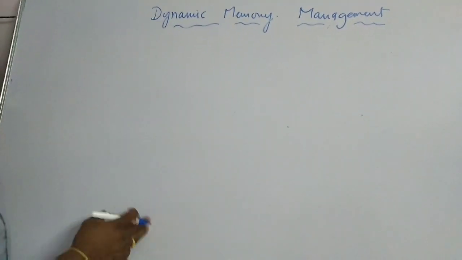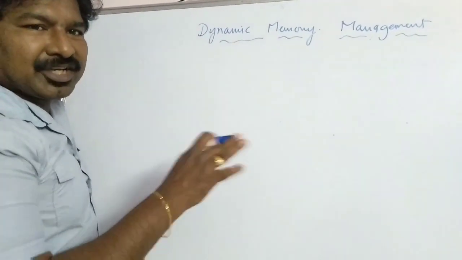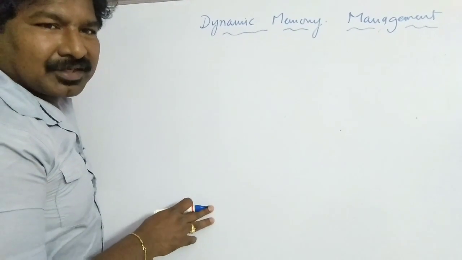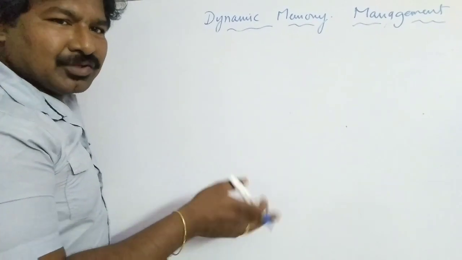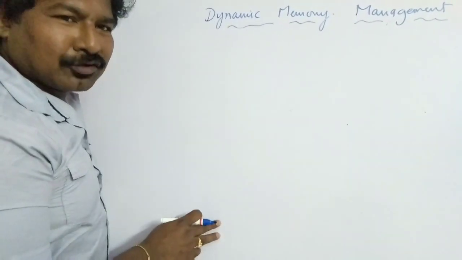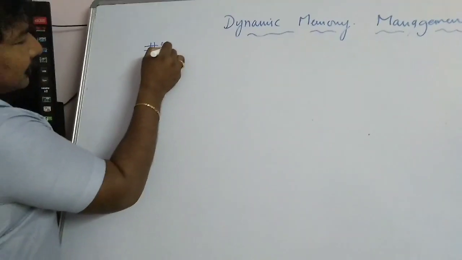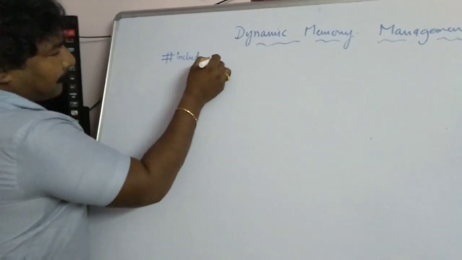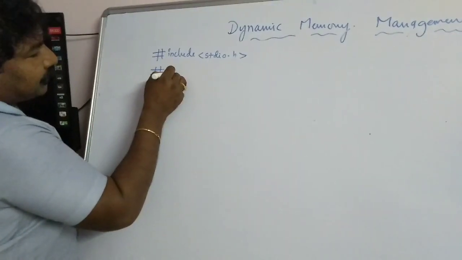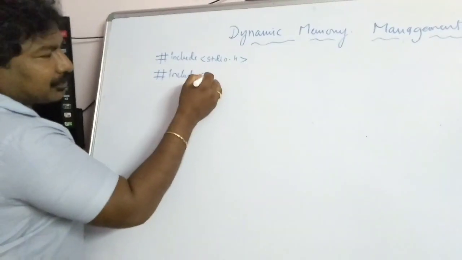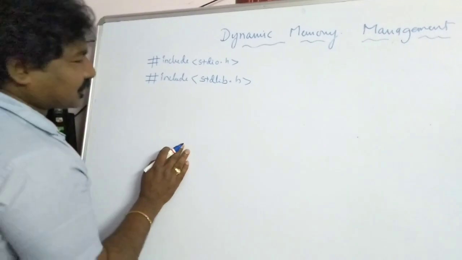Okay friends, now I'll write an example program which already creates an array with calloc, and later I will change the size of the array with realloc function and try to show you how the previous elements are unchanged and the new elements are placed in the newly created block of memory. Remember friends, if we want to use any of the dynamic memory allocation functions, we need to include the header file called stdlib.h.